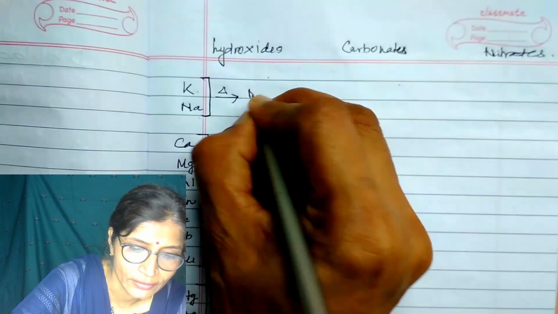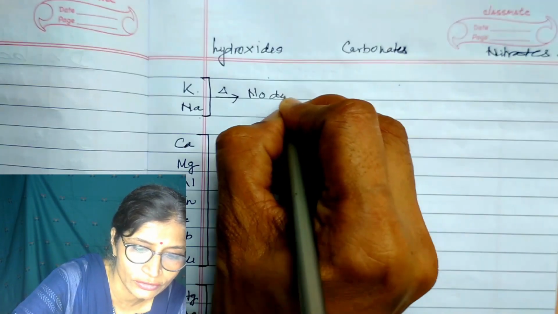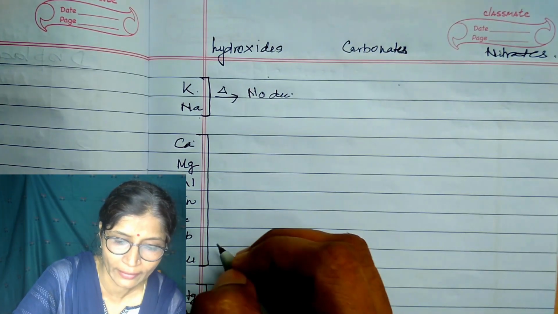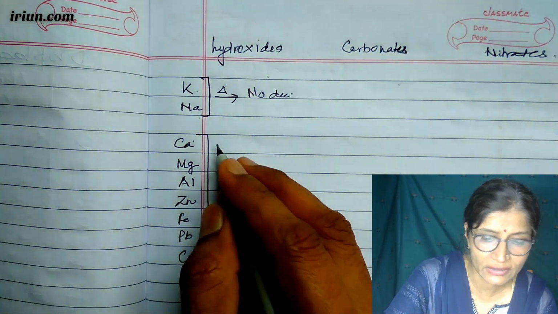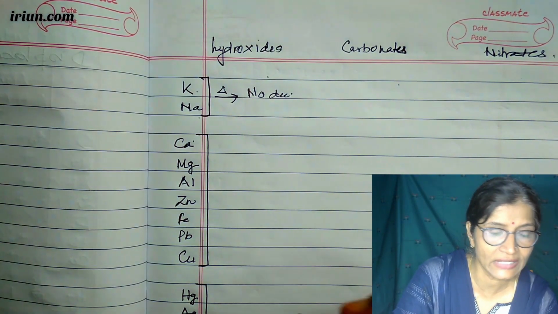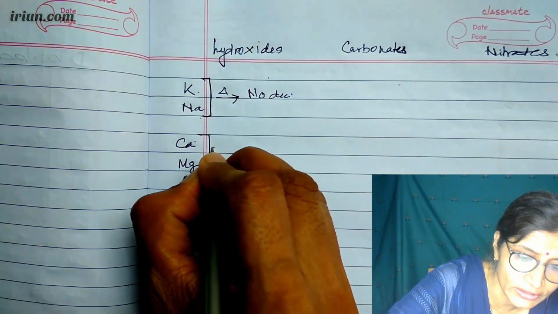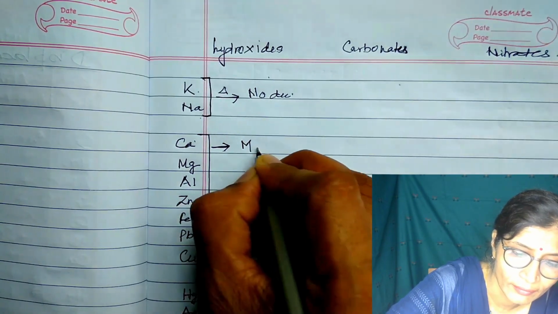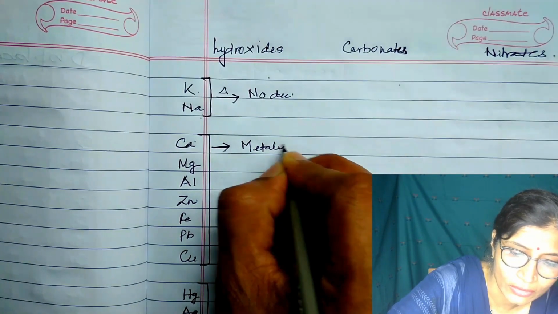No reaction, no decomposition. But when the hydroxides of calcium, magnesium, aluminum, zinc, iron, lead or copper are heated, they will always produce metallic oxide